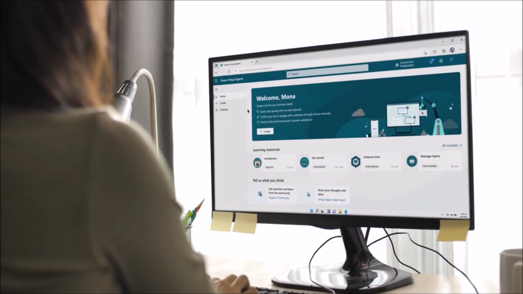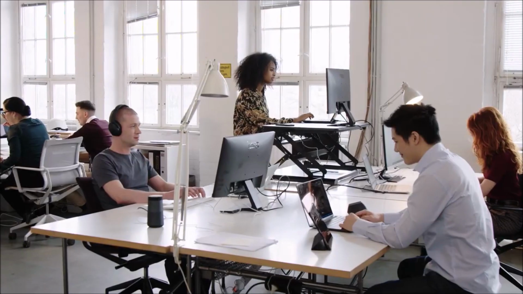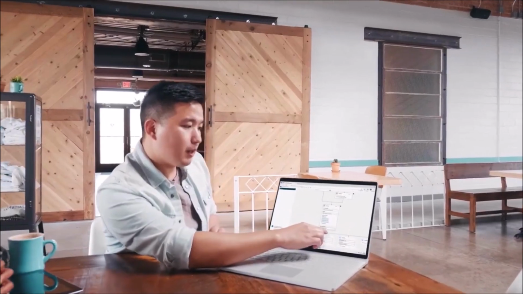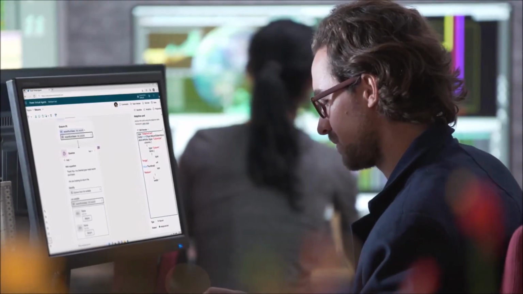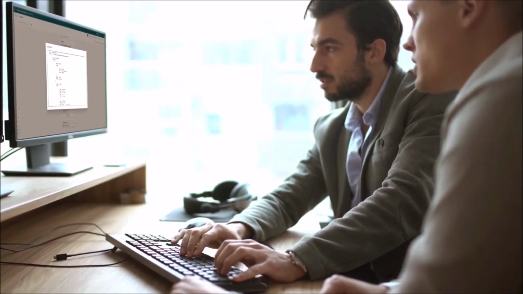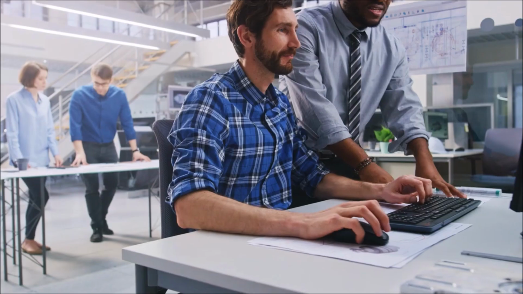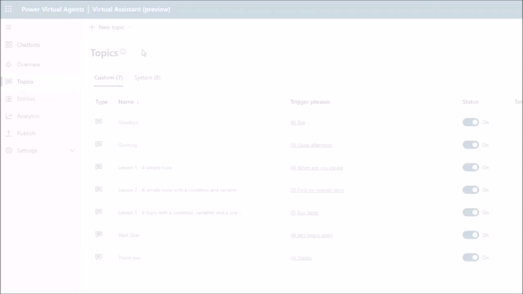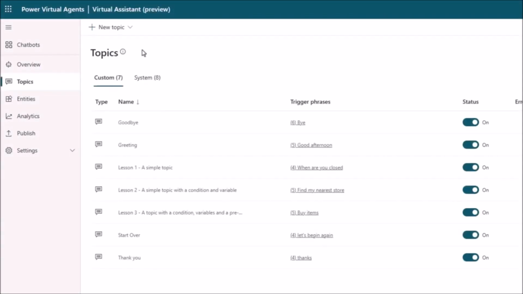Power Virtual Agents continues to lead the industry with intuitive bot creation and now includes GPT capabilities that make it even simpler for users to create powerful bots. While many conversations can now be automated with GPT, Power Virtual Agents users will want to continue creating some topics manually, and the new GPT-based Copilot in Power Virtual Agents makes creating topics even simpler using the power of natural language. For example, if I want to create a topic to allow customers to engage with an event planning team,